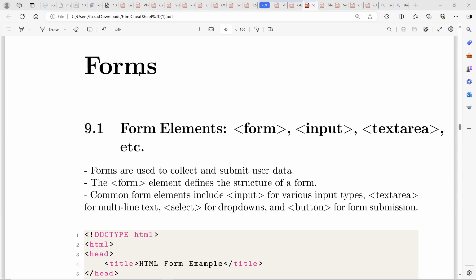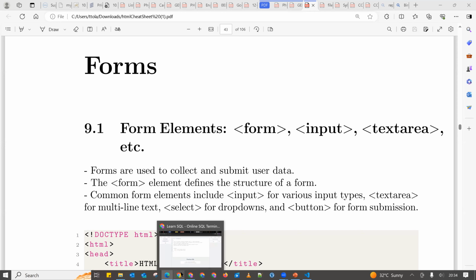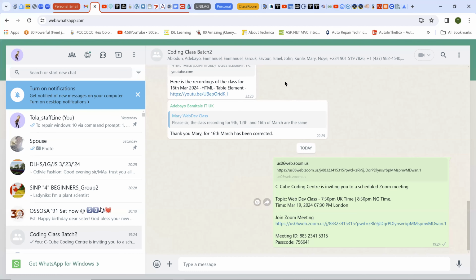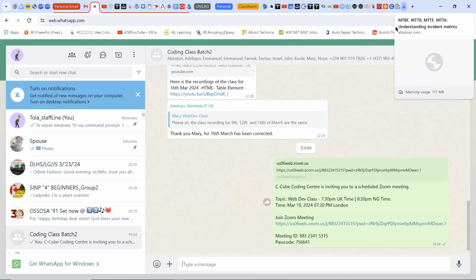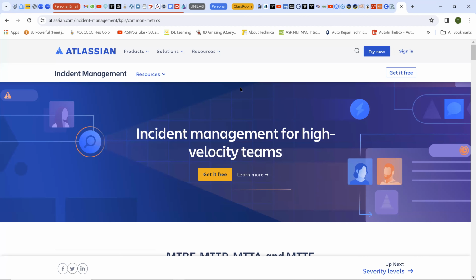So we are starting forms today. Now, form is also an important part of a website. I want to ask, has anyone visited a site such that you have something like a form, you know, maybe trying to contact